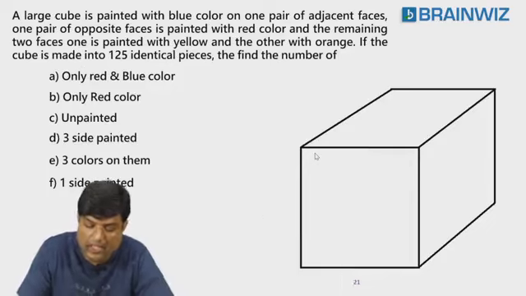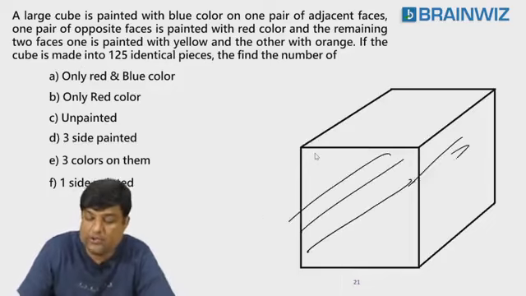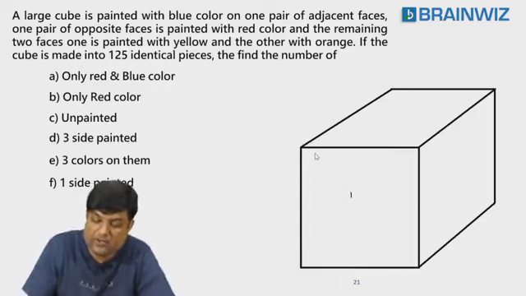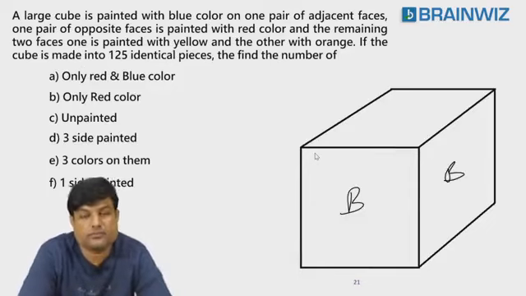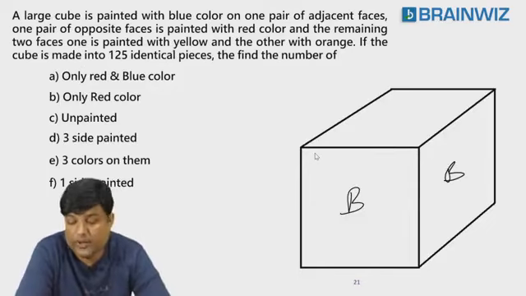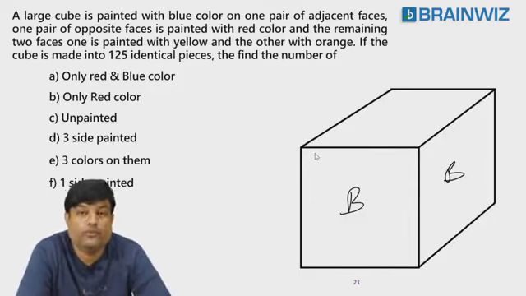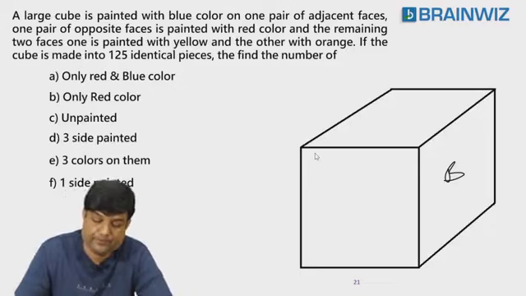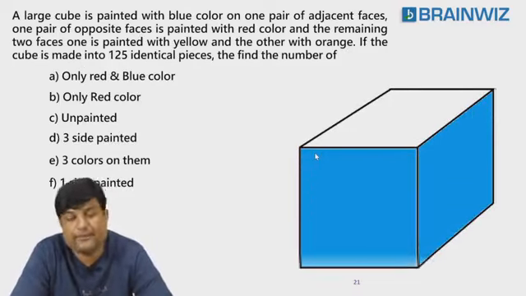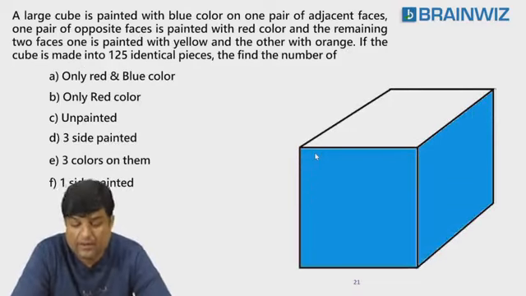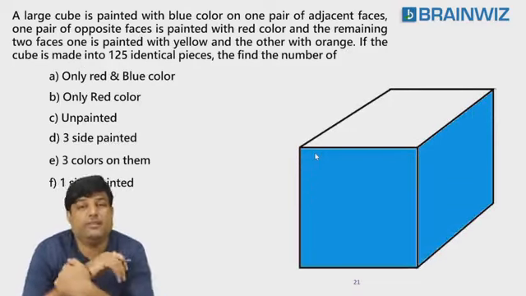Following everybody. So I'll do one thing. I'll choose this one and I'll choose this one. So what shall I paint, students here? Blue, blue. One pair of adjacent with blue, blue. Following everybody. Okay. That's good. So one pair of adjacent side is painted with blue, blue.